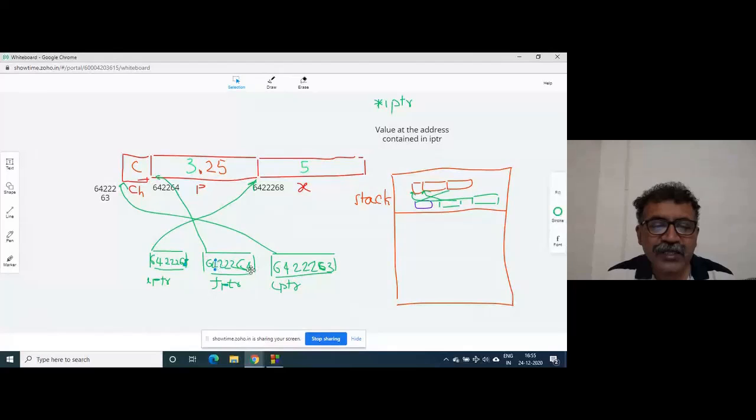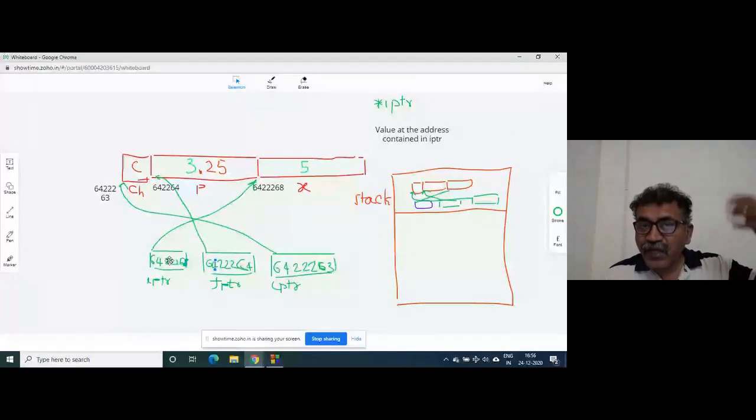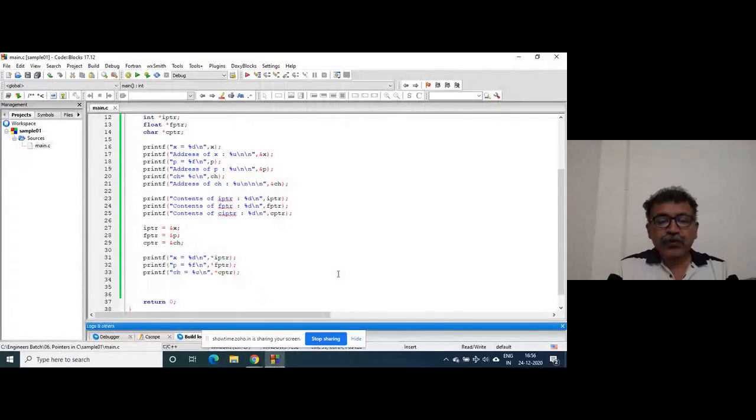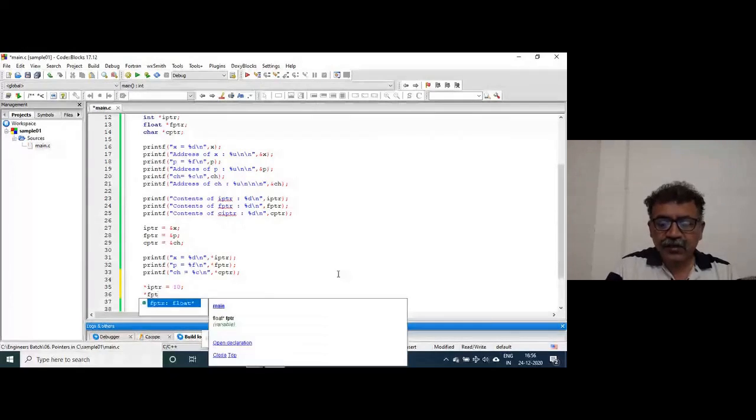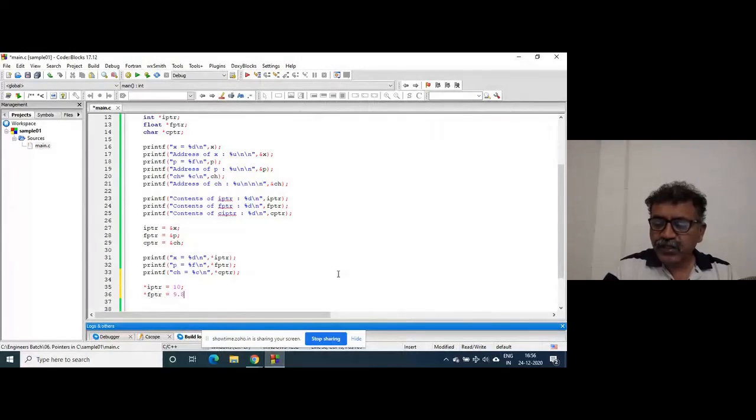What is the value at this address? 3.25. What is the value at this address? It is C. So using the star operator, the indirection operator, you can have access to the variable whose address has been kept in that pointer. Very important. So suppose I write here star IPTR is equal to 10, star FPTR is equal to 9.85F,